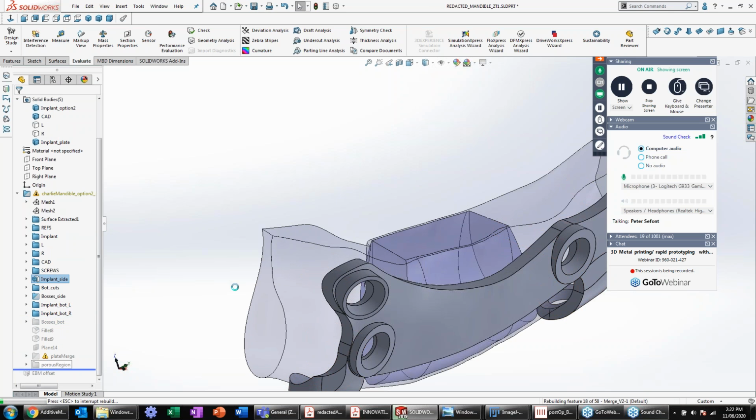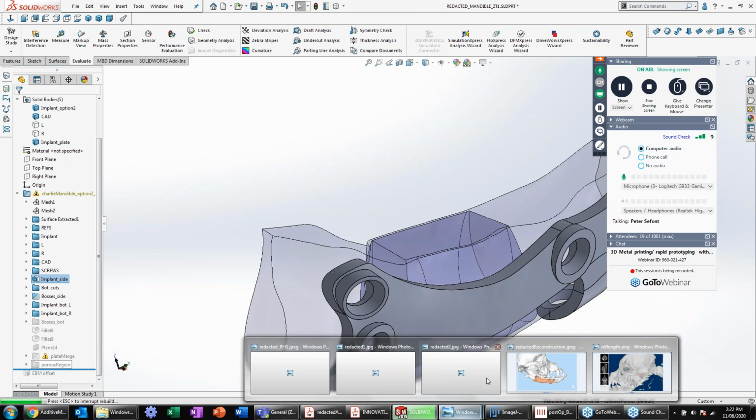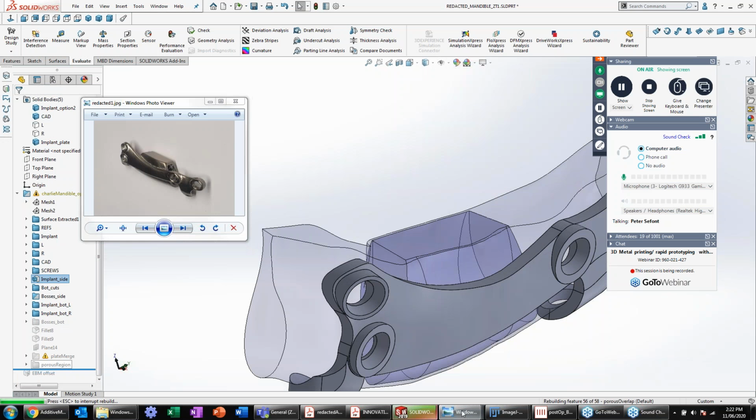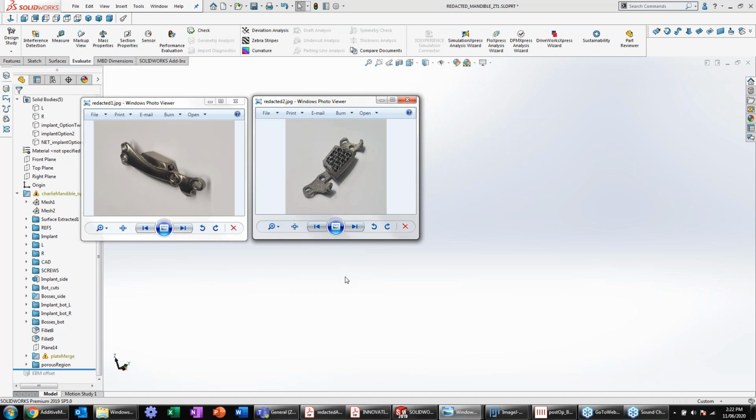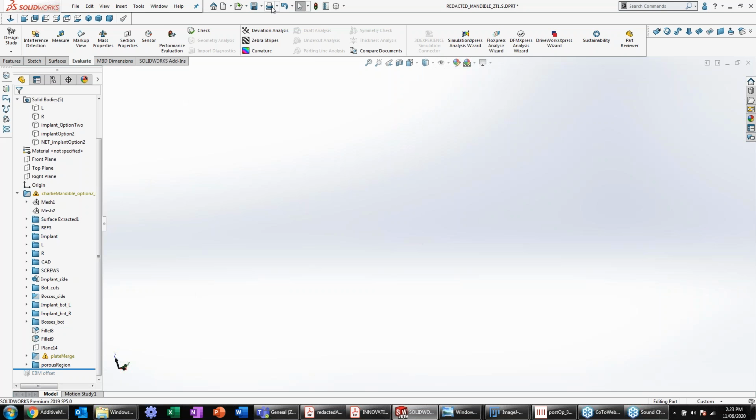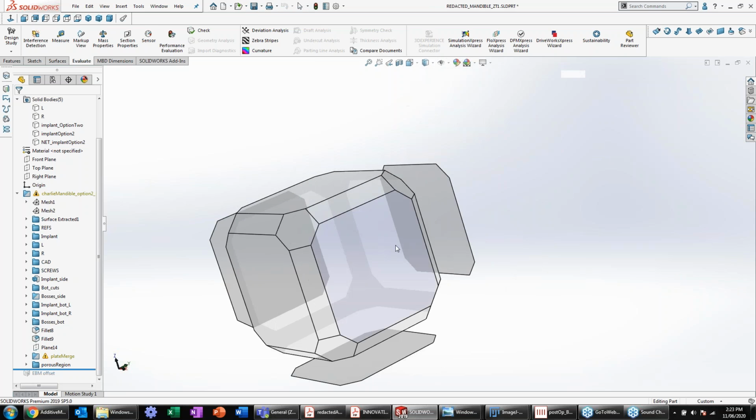Now, the other thing that the vet wanted to do is put a porous region in the part. And this is quite common, and so I can show you the final outcome. It was a part that looked something like this, where we had the conformal implant that was going to fit in the jaw, and then a porous structure on the implant side that promotes ingrowth of bone through the whole implant itself. And so for that porous region in SolidWorks, we followed the same design process,